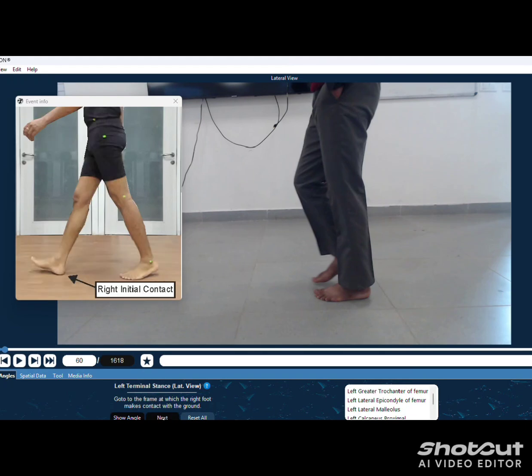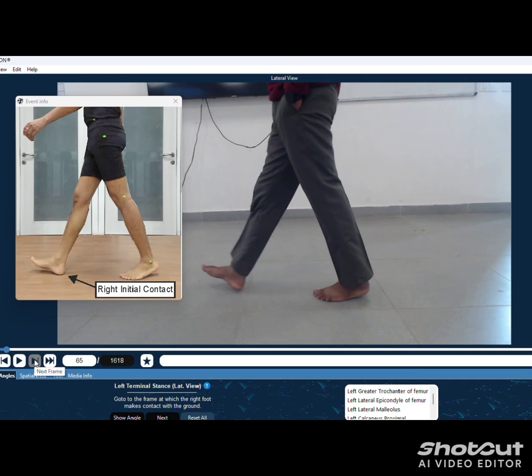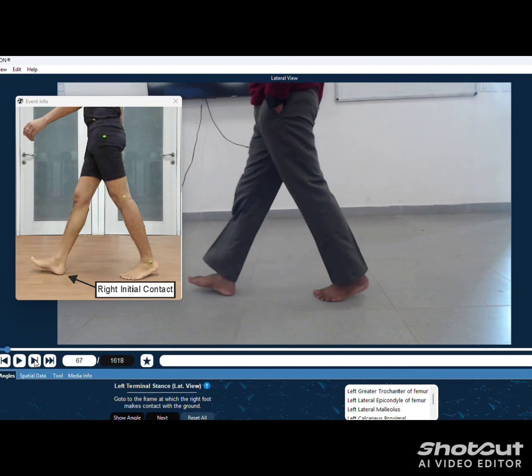Here you can see your example image has been changed, and now we move to the left terminal stance lateral view. So we move our video frame by frame to get the same gait.